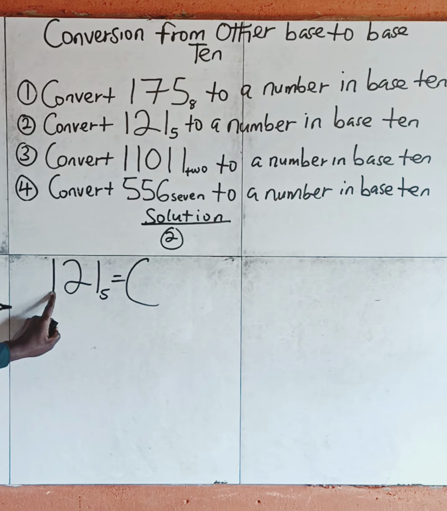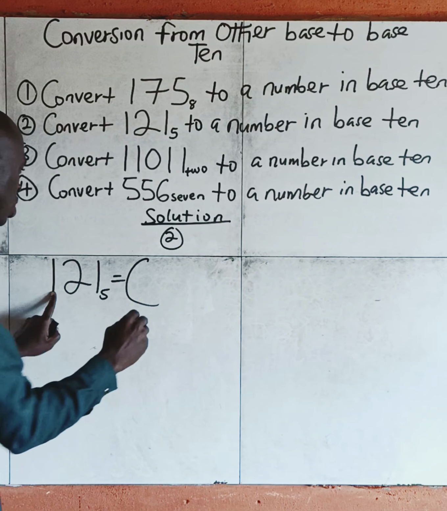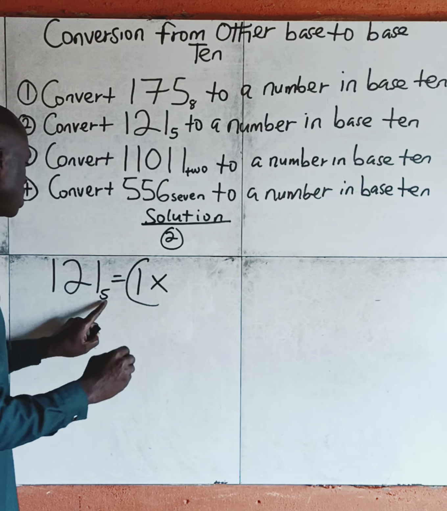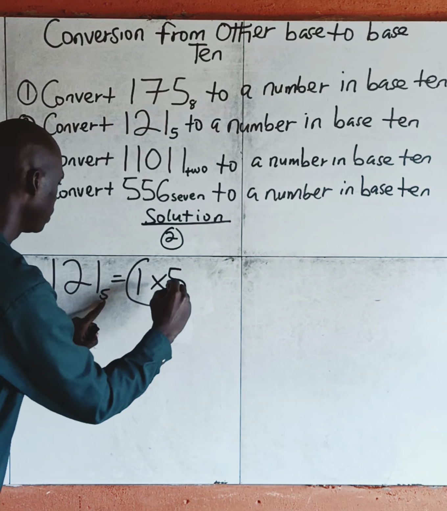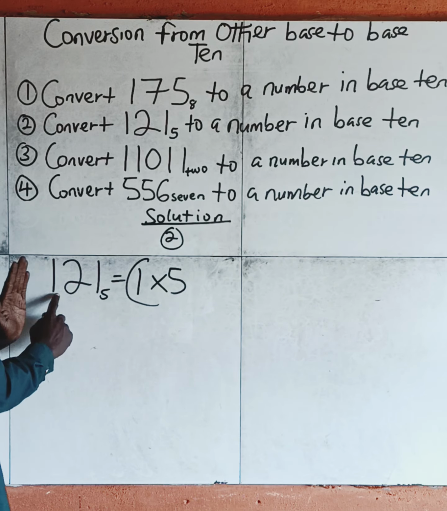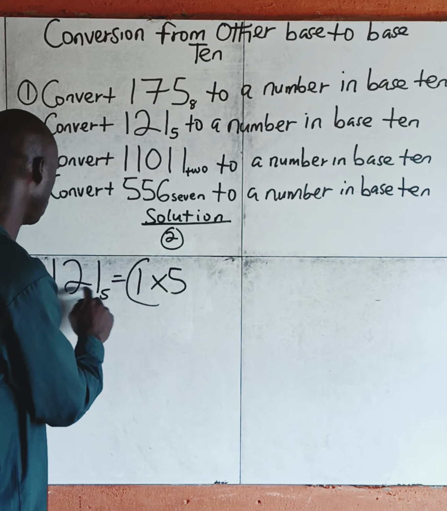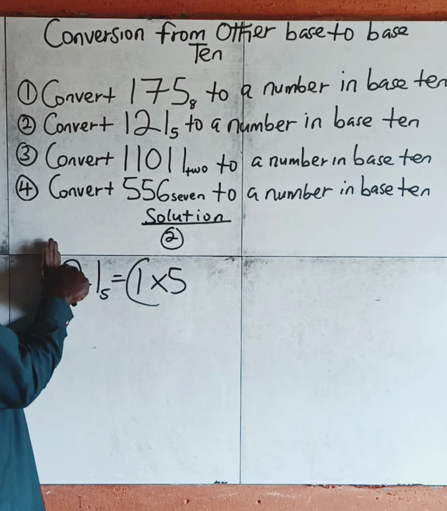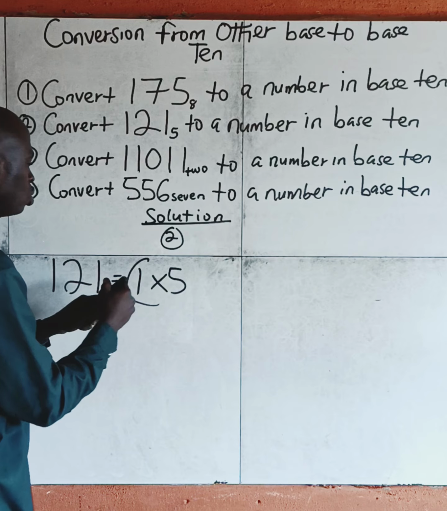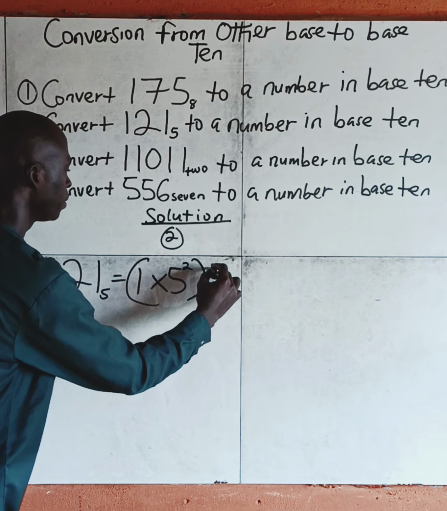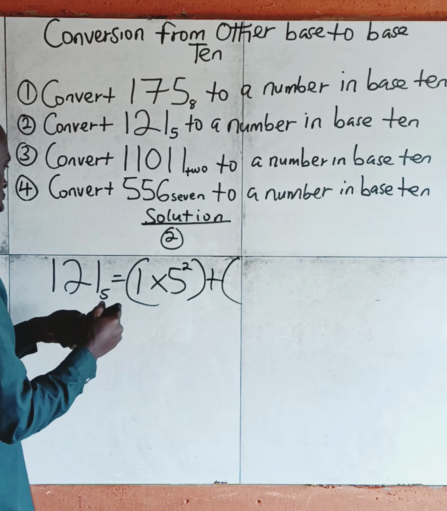What's the first digit you see here? The very first digit is 1. I will write the 1 multiplied by what is our base? Our base is 5. Then, if I close this first digit I'm currently working on, how many digits do I have left? This is 1, 2. So you place it right here, raised to the power of 2,